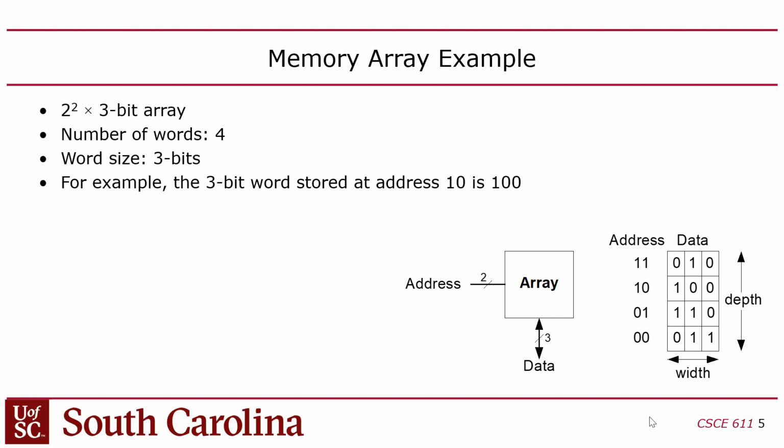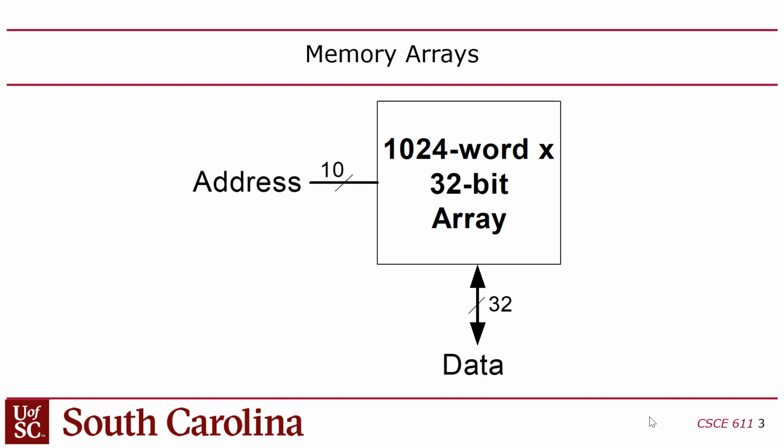So here's another example. This one is a 4 by 3-bit array, which has 12 bits in it. So that you can access 1 of 4 entries. There's 3 bits per entry. If we go back to this first example, because there's 1,024 locations, in order to figure out how many address lines you need, you have to take the log base 2 of the number of locations. So if there's 1,024 locations, the log base 2 of that is 10, so there's 10 address bits. So there's 10 address bits and 32 data bits, because 32 is the width, right? Okay.